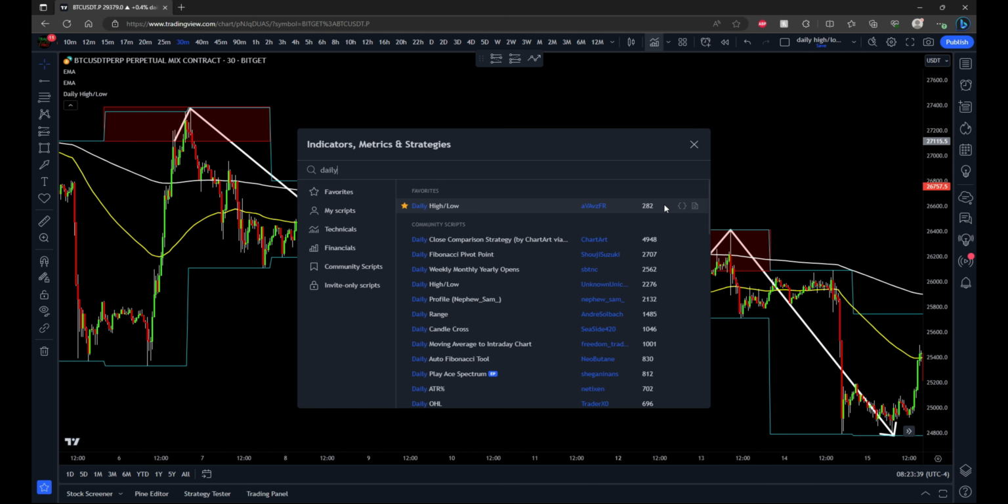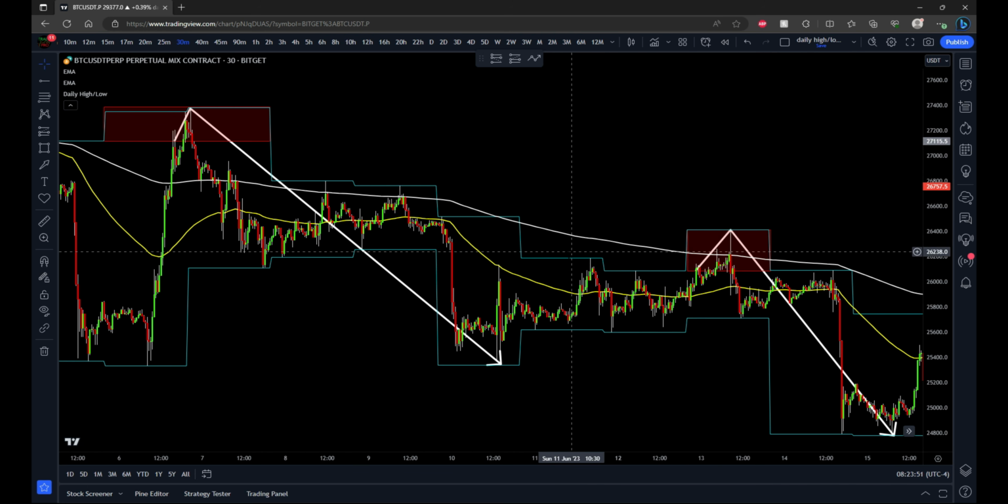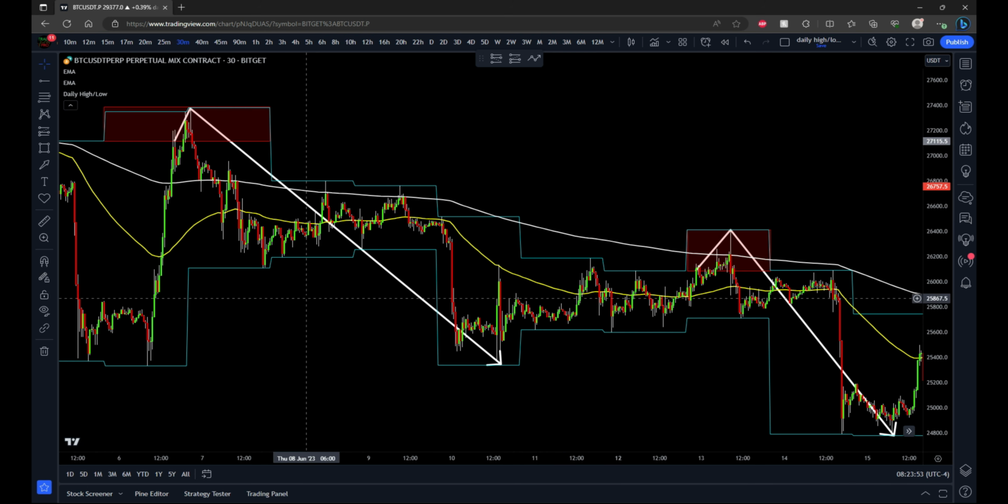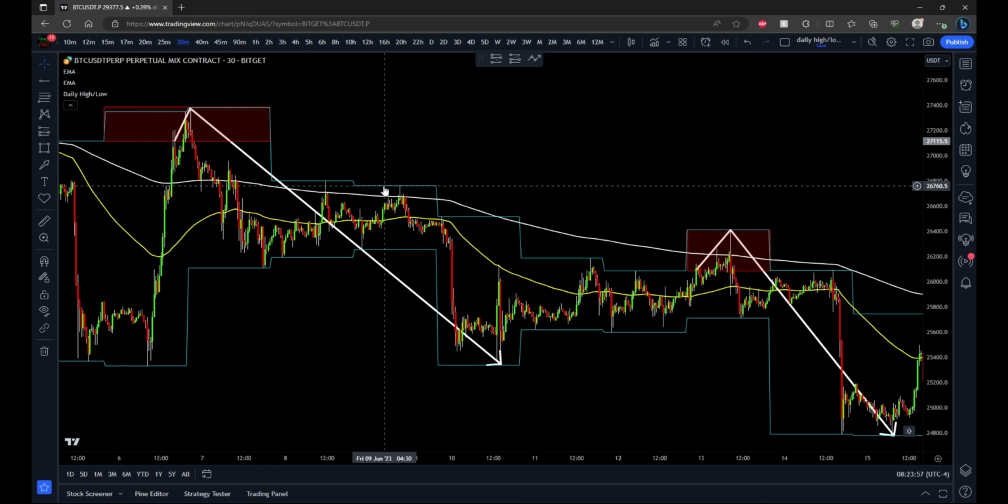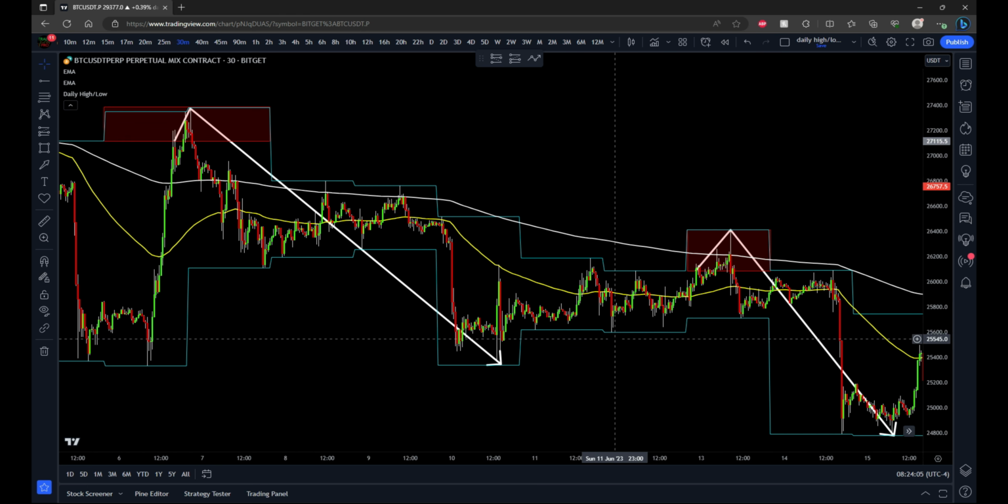All right, let's start by covering the indicators being used here. First one is called Daily High/Low by AVAVZFR. And all it's doing is marking the daily high and low each and every day with this line. So that's this blue line here on my chart. And we're going to be using this to look for sweeps on the highs or lows of previous days, depending